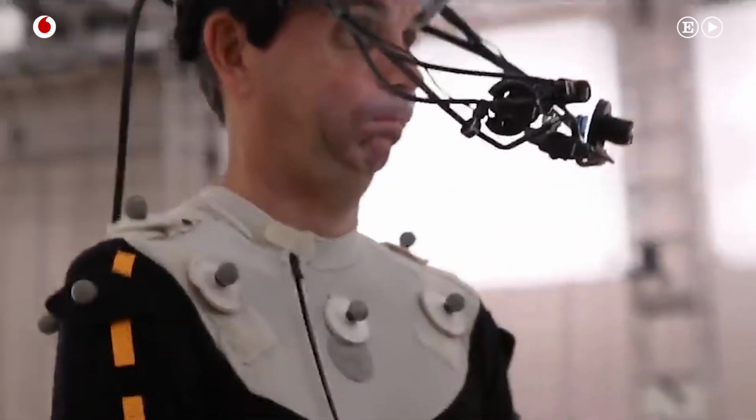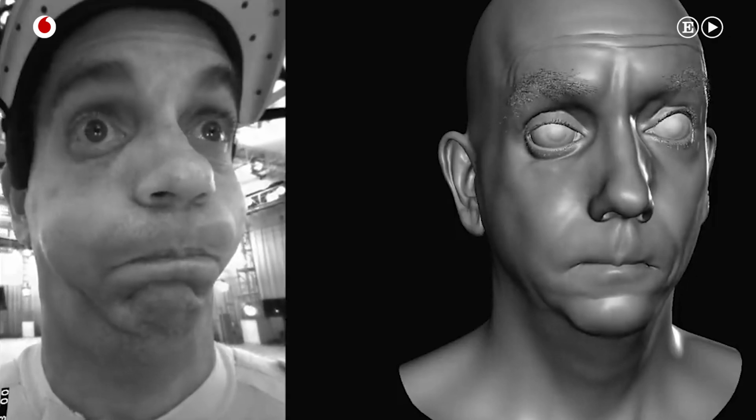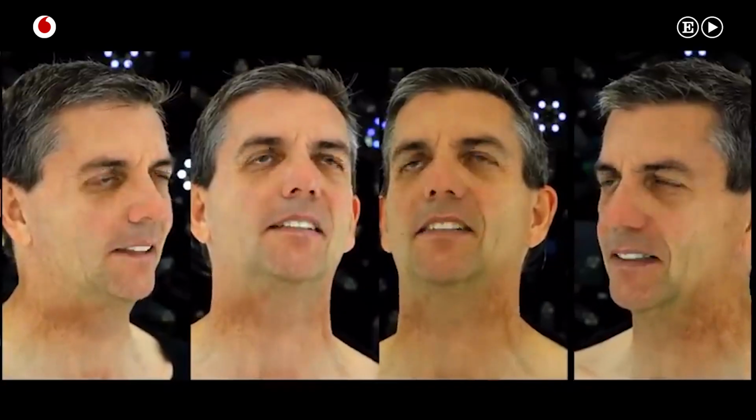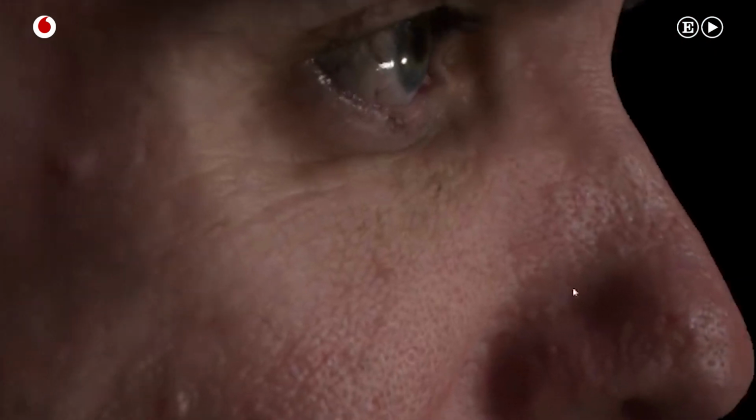Then when the actor's live on set doing their on-set performances, they wear a helmet with a camera pointing at their face, and they have a series of markers on their face. We take these performances from set, where they're talking to the other actors and working with the director, and we take those few markers on their face and transform that into this super high-resolution version of their face. And we're really relying on the actor's performance to come through as that digital character.